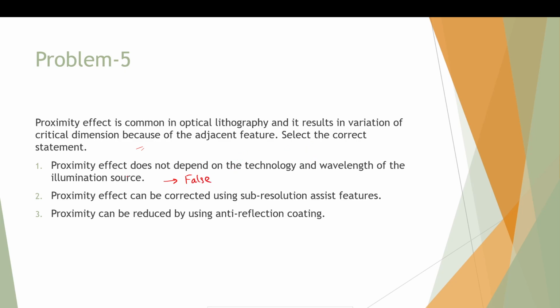The general trend is that if we go to lower wavelengths and if we use better technologies like stepper scanner compared to other technologies like contact lithography or proximity lithography, then the proximity effect will be reduced. So this is an undesirable effect. It will be reduced if we go to lower wavelengths. Reduced if lambda is small,